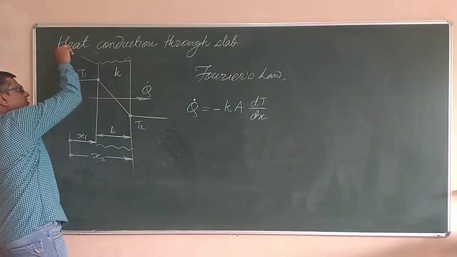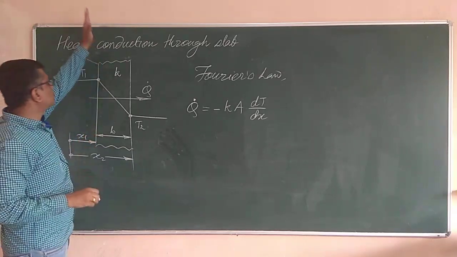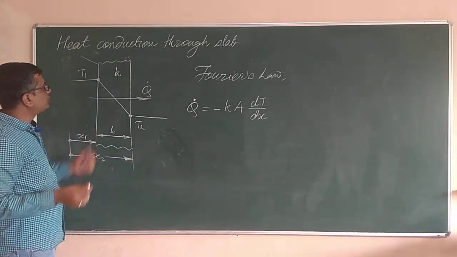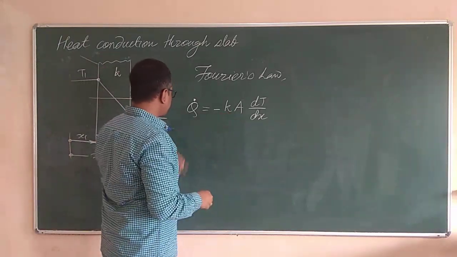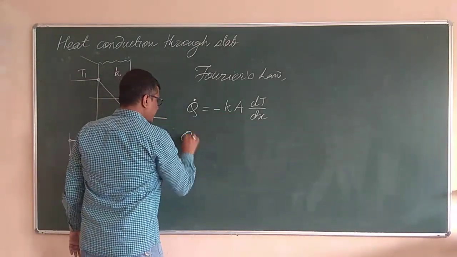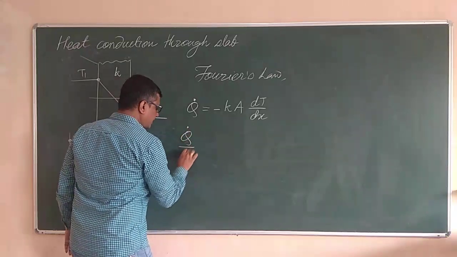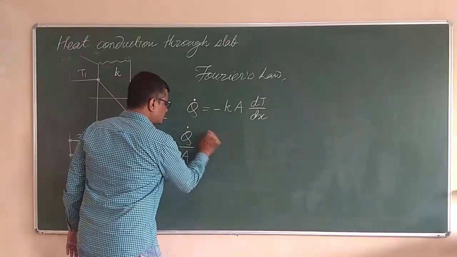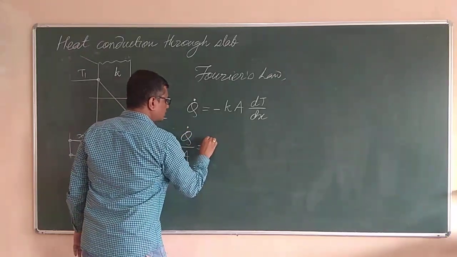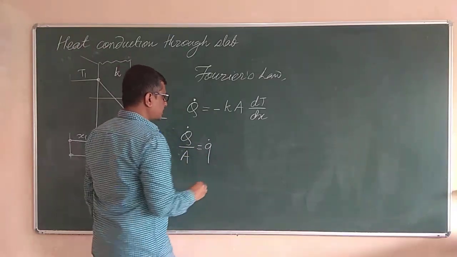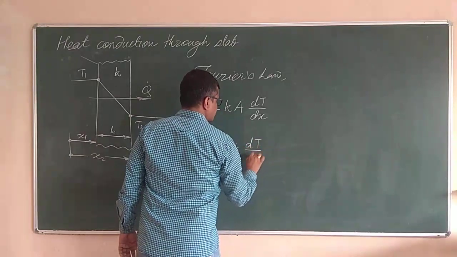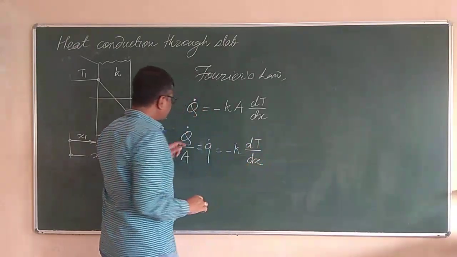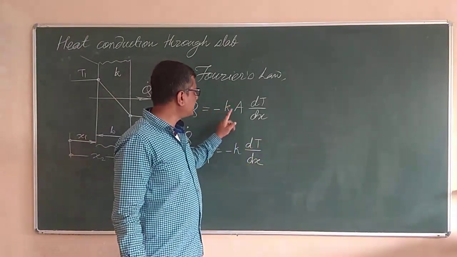If I take this wall, it is infinite over this side and this side, so there is no meaning, the area will also be infinite. So a better way is to take the area over this side, so we can have q dot by A, which is equal to small q dot, the heat flux, and can be written as equal to minus K dT by dx. Now I have already defined the terms q dot and K A.